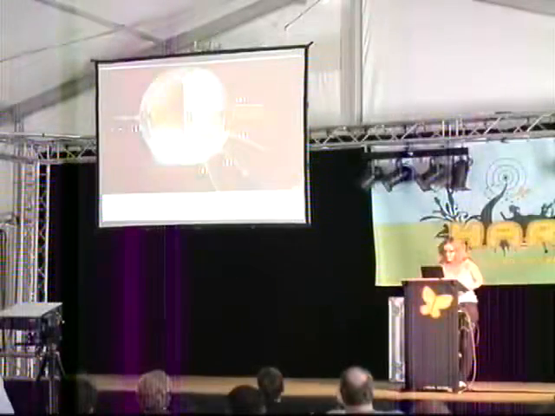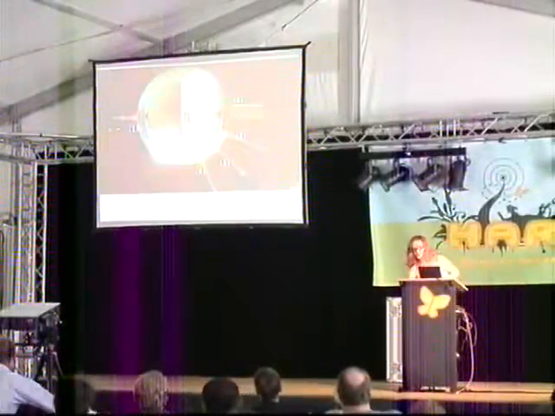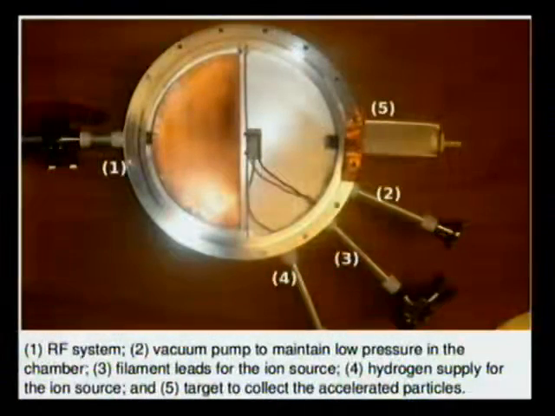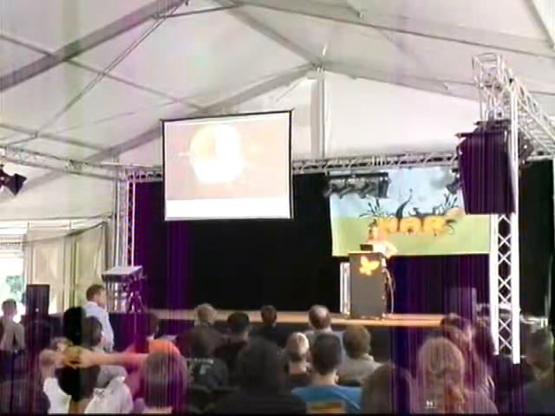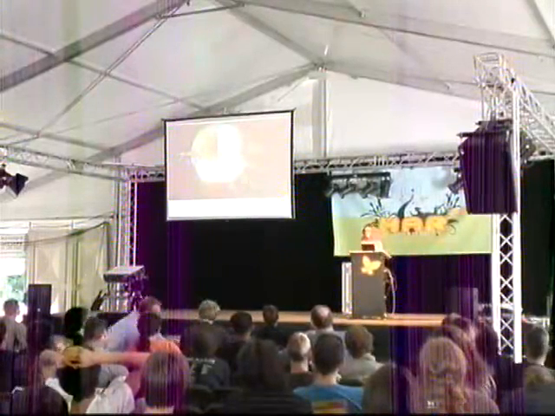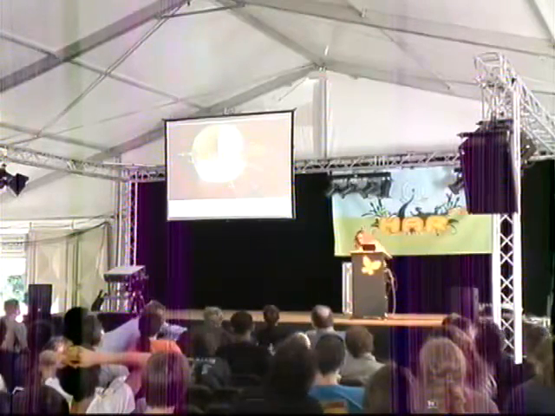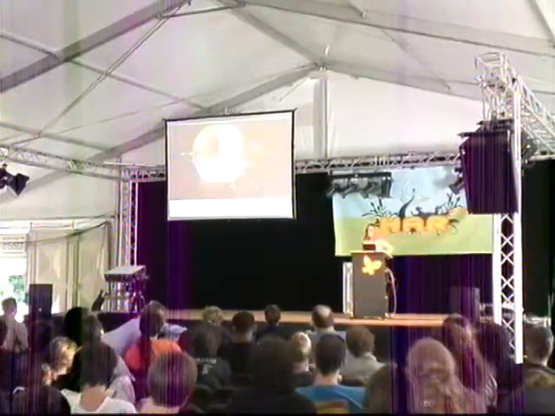Just to review what we were talking about in the last few systems: port 1 is for the RF, port number 2 would connect to a vacuum pump for maintaining the lower pressure. Ports 3 and 4 are for your ion source. Port 5 is the Faraday cup, which you can't quite make out here. Those sum up basically the vacuum chamber and the ports that connect to it. The last important piece that we haven't really talked about yet is the